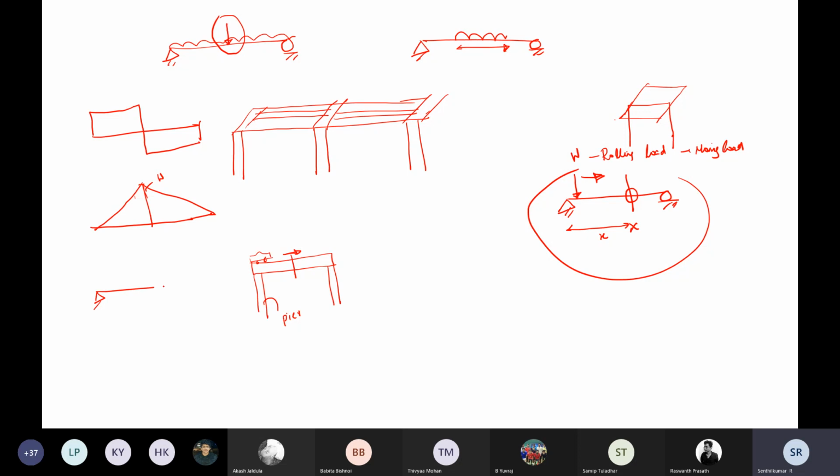Simply supported beam with point load. What is my bending moment value? W, WAB by L. No, just the bending moment diagram. Simply supported beam, point load W. Sorry, WAB by L. W by 2, this L by 2, at the center it will be WL by 4. If it is at the center, the position is fixed; otherwise, accordingly, that value WAB by L and everything will come into the picture. Right. So here again it is W by 2, W by 2.